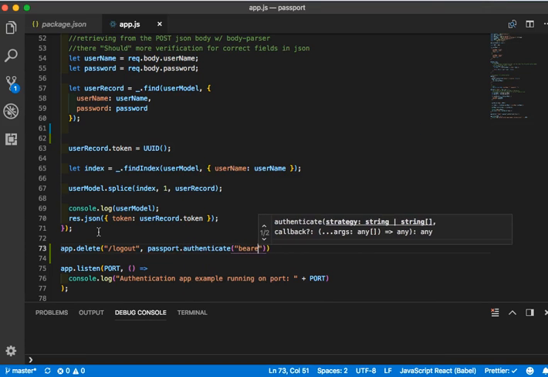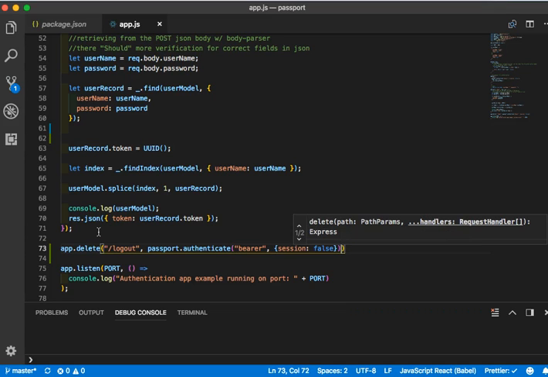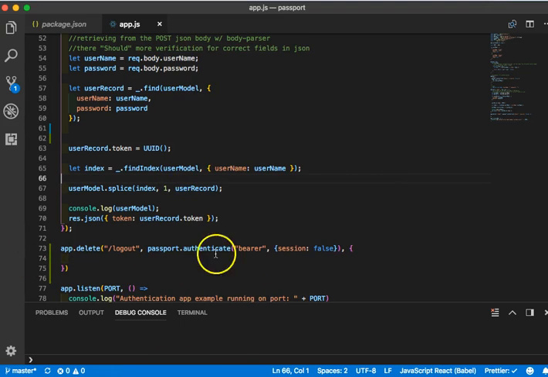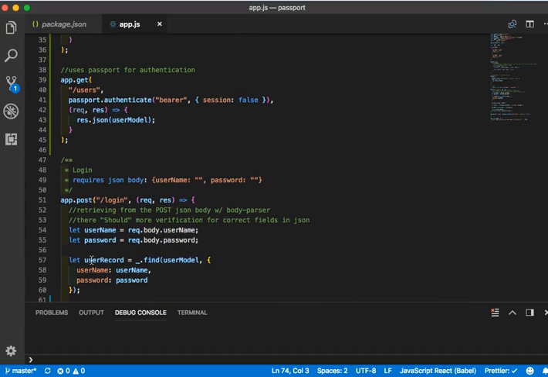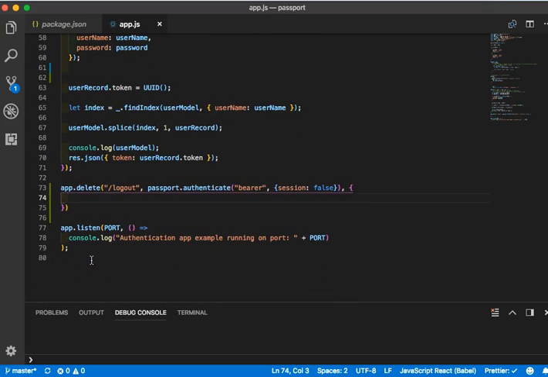Authenticate bearer, session false. Okay, so now we have our Passport middleware in the function. So now we should have access to the user that was logged in with. So we're going to say let user equals